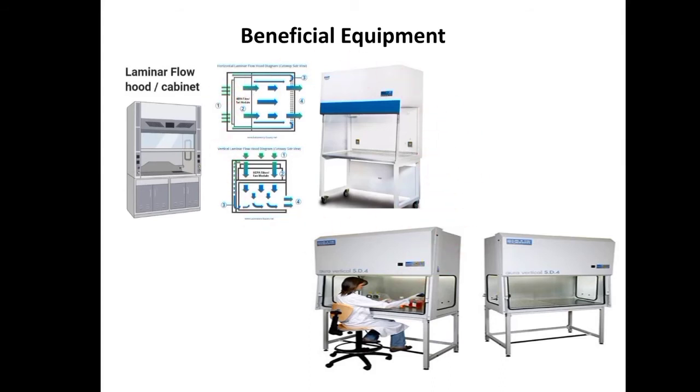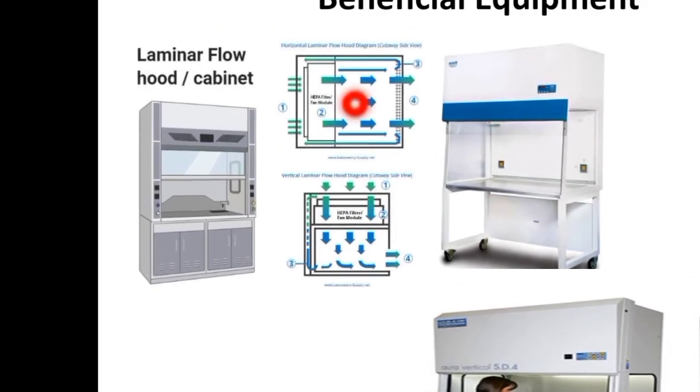How does this laminar airflow work? A laminar flow creates a dust-free or bacteria-free air environment. And the air from the room passes through the HEPA filters. HEPA means high efficiency particulate absorbing filters. So the air passes through the HEPA filters. So here you can see there is a filter here, and the air is fed into the working chamber by the unidirectional flow.